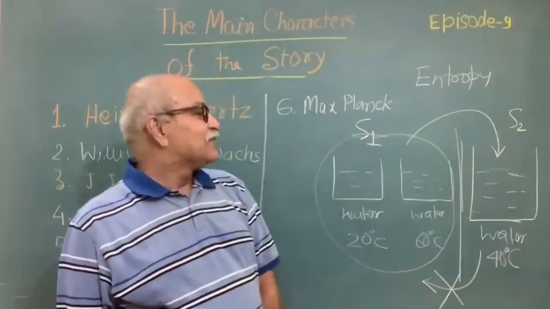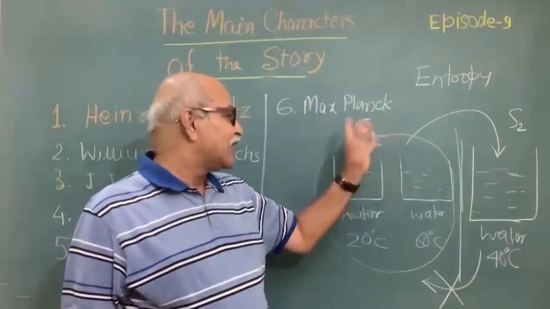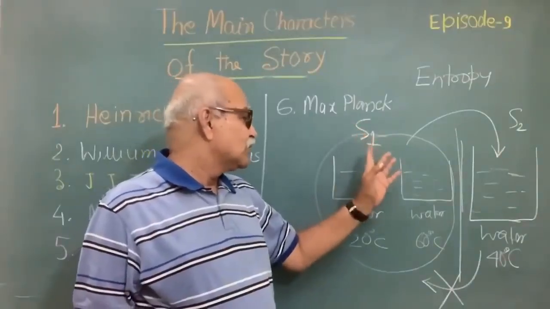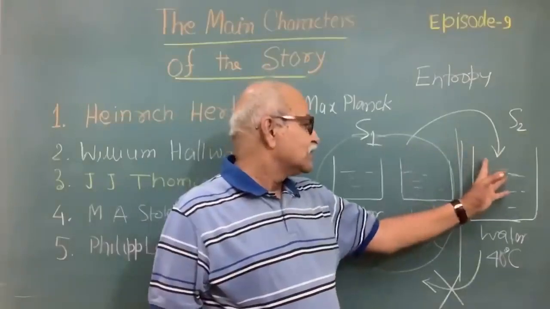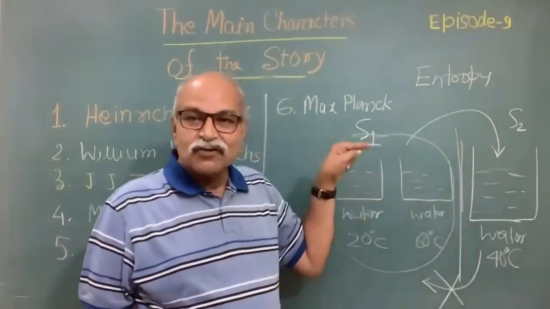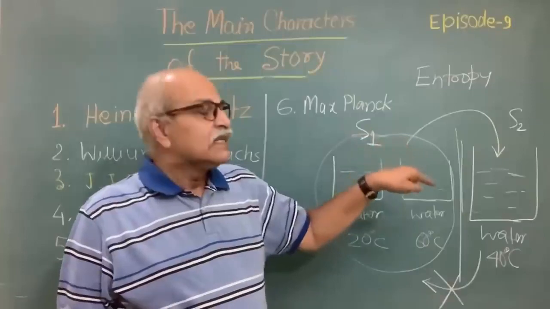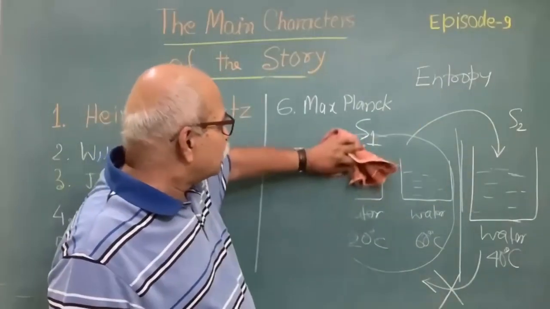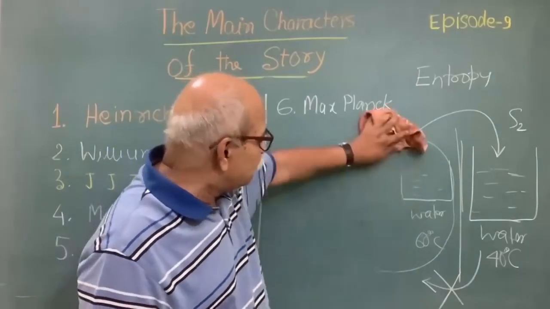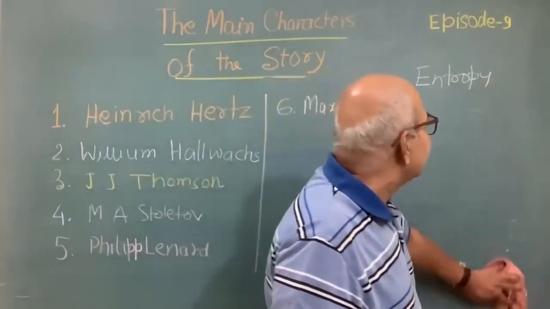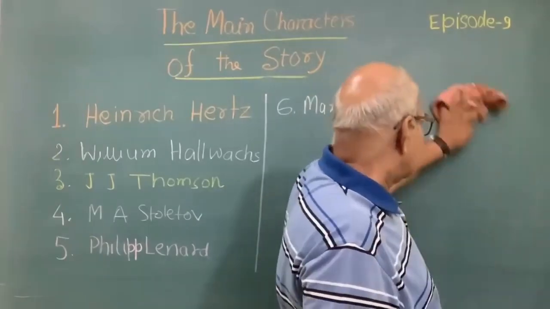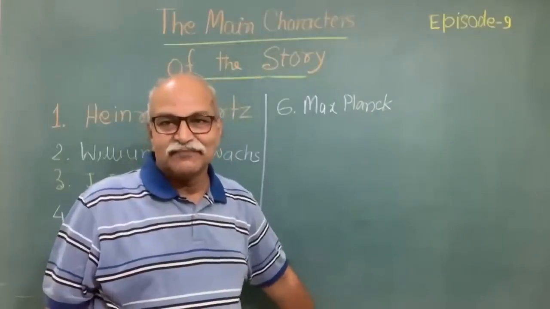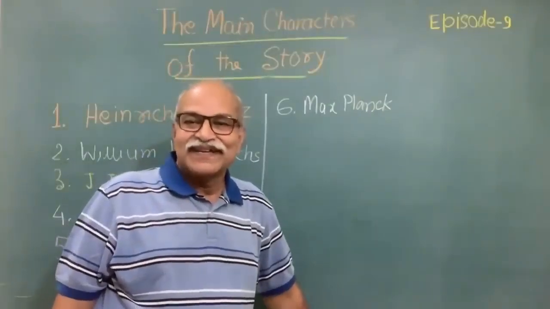Once you know how to calculate entropy, then you can say, okay, fine, can it go from this side to that side or that side to this side? So entropy is very, very crucial. Now, what entropy is, that also we can talk about a little bit. Entropy is generally said to be related to randomness. If randomness is more, entropy is more. If randomness is less, entropy is less.